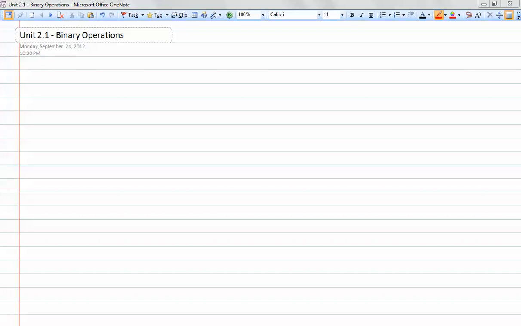Okay, so what I want to look at here is something called binary operations. And so first we want to define it. So let's do that. Okay, so definition. A binary operation